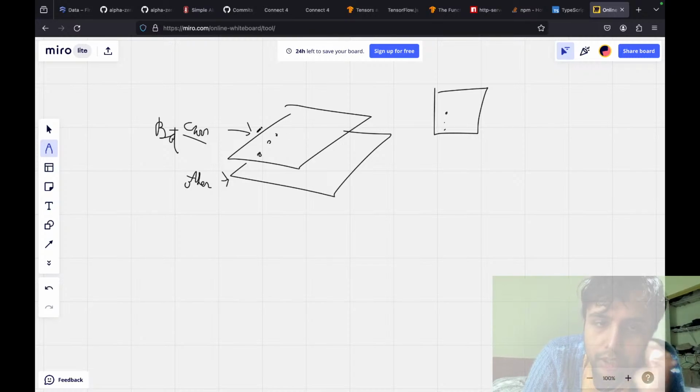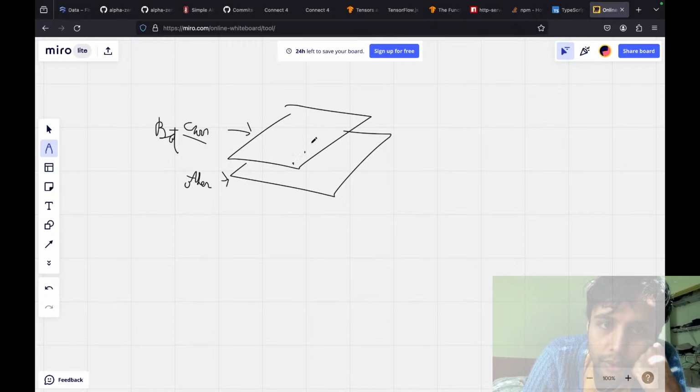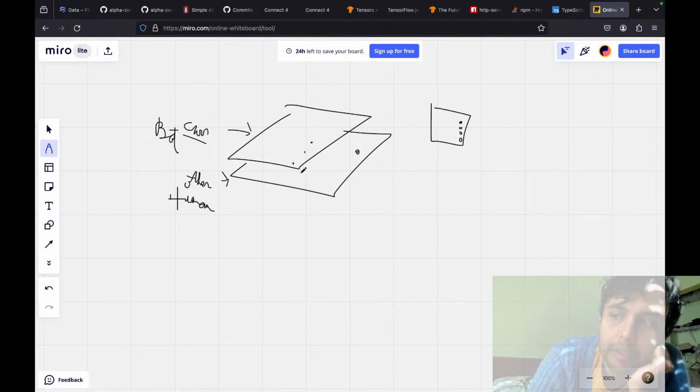Actually, wait, I have a better idea. Instead of that, I'm going to put 3 right here, 1, 2, 3, and then a block here. So what this would be is, let's say the bot has that, and then for here you'd have a blockage to block it, the human. Like the bot's pieces and the human's pieces. Okay.